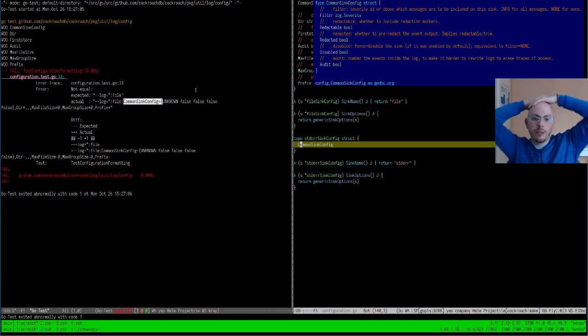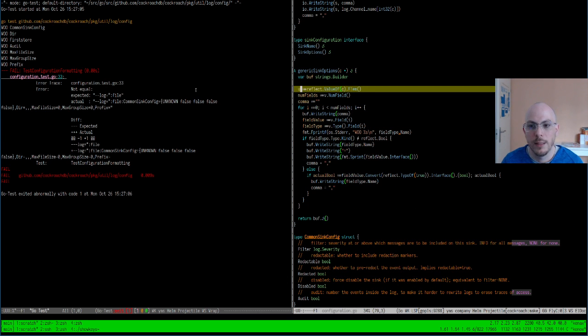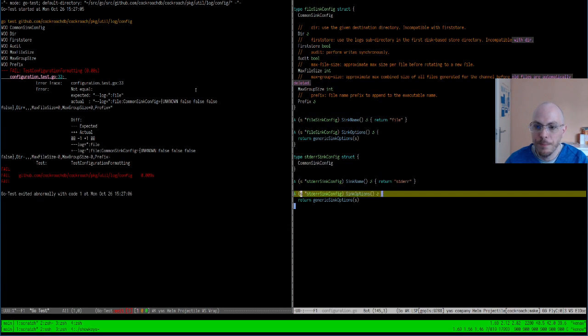So here I'm encountering some annoying little fact of life, which is that if I embed a struct inside another struct, it's not an inheritance like C++ does. It actually creates fields inside the struct. And so my simplistic reflection logic is not actually helping me as much as I wanted. So it's not able to iterate on the subfields directly, but that's okay.